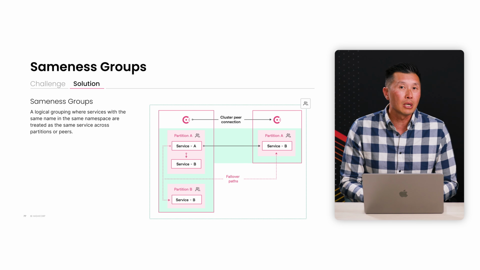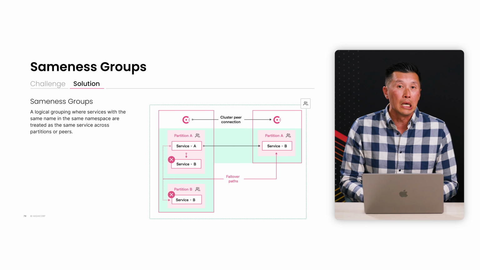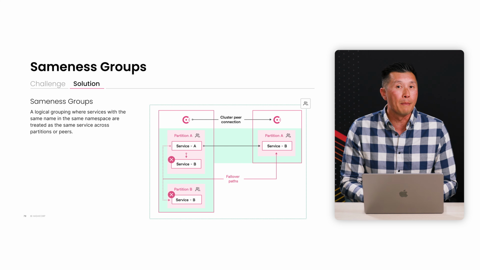Sameness Groups is a logical collection of partitions or cluster peers where services with the same names are treated as the same service. This really helps configure service failover with fewer steps. So now with Sameness Groups, as long as the clusters have been peered together and services have been exported, failover can occur automatically. For example, in the same Consul cluster, a service can be failed over to another partition if the service name is the same. And if that second service fails, it can automatically be failed over to another peer Consul cluster entirely. As long as the Sameness group exists for these services, we can fail them over in a more natural way